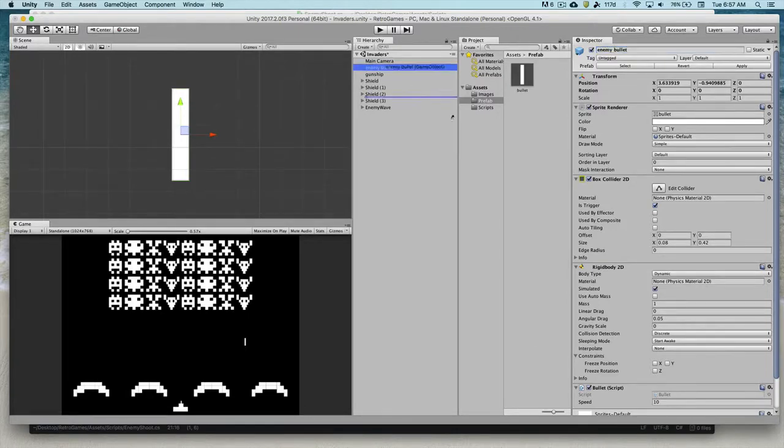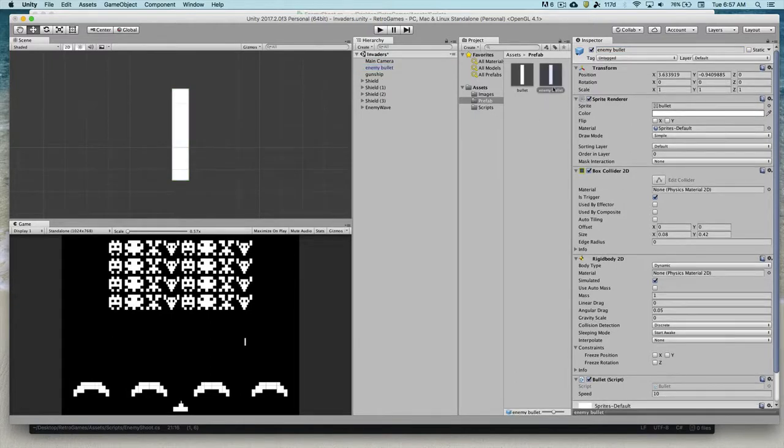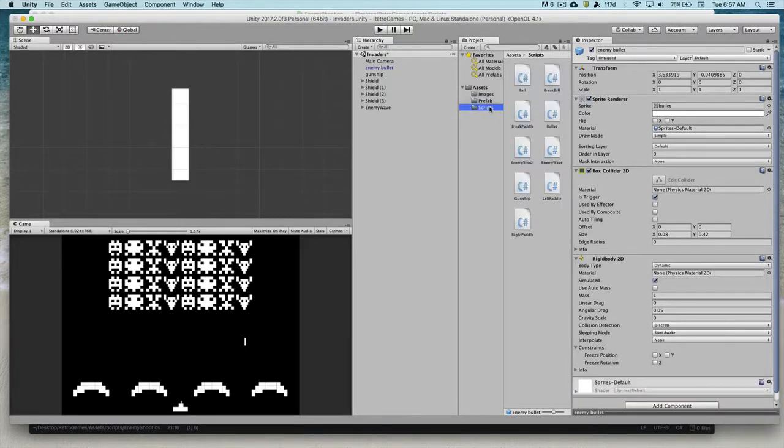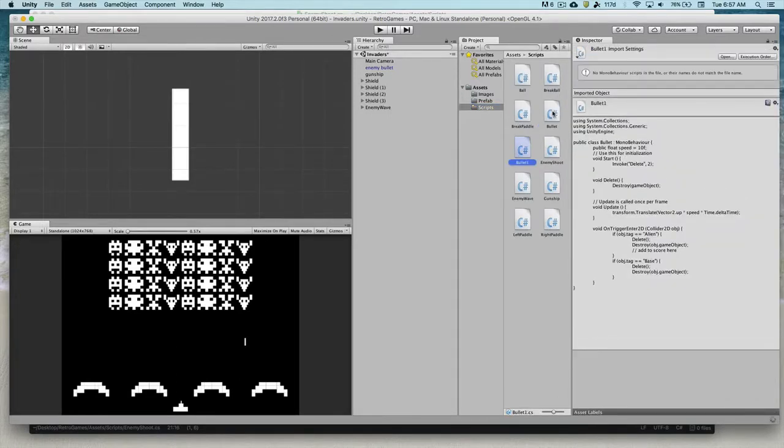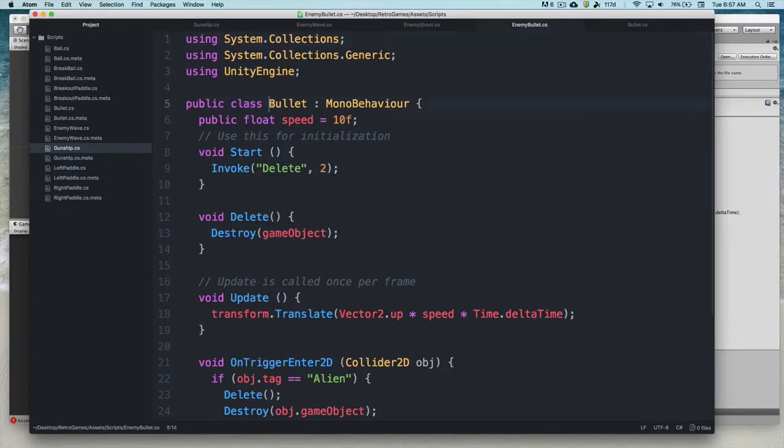I'm then going to make another prefab, but with this prefab I'm going to instead remove component, go to script, Command D, duplicate the bullet script, rename it to enemy bullet, no spaces, open that up, switch this to enemy bullet,